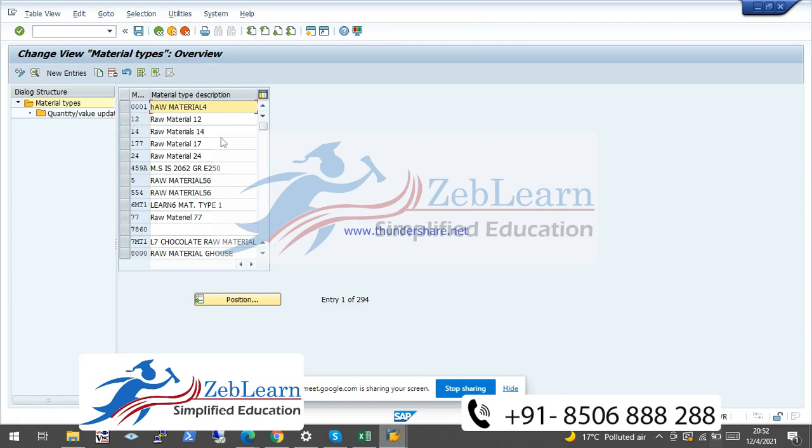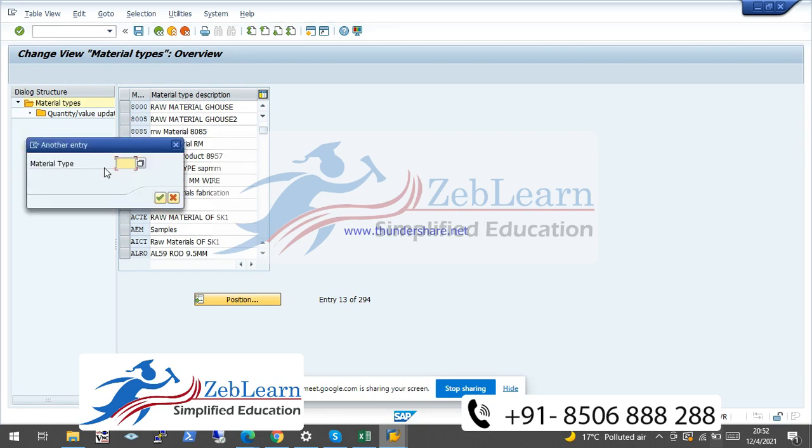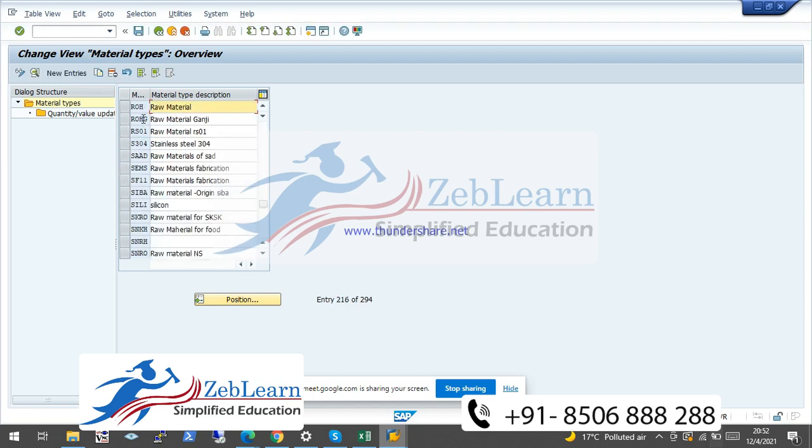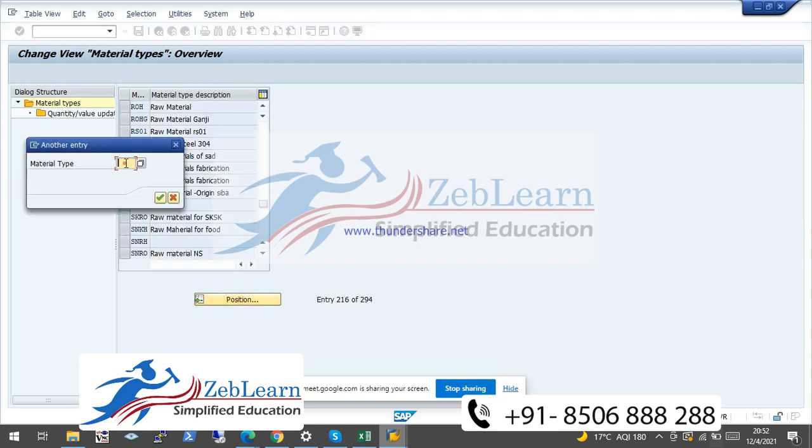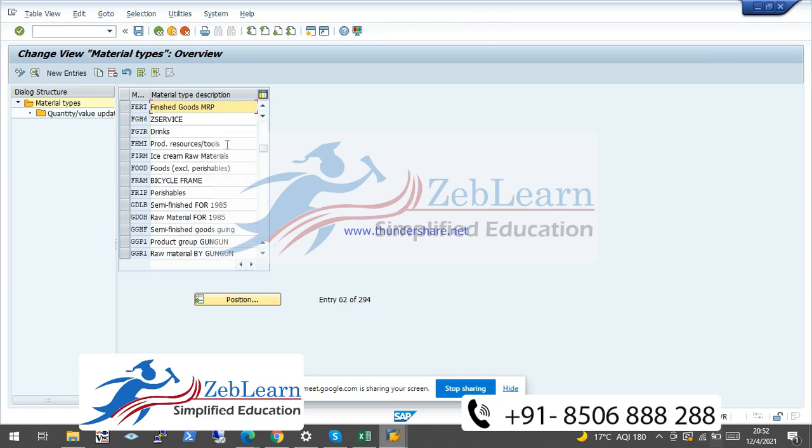There are some customized ones created by someone else, and as I already told you, there are some material types available in SAP which are standard, like ROH for raw material. Okay, and FERT, which is available for finished goods, or maybe there is a different material type available in this screen.